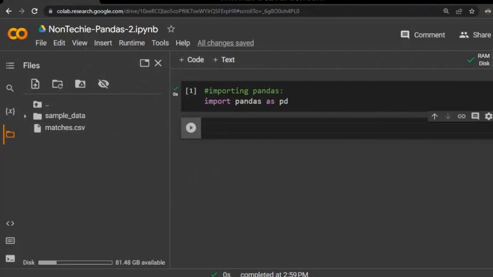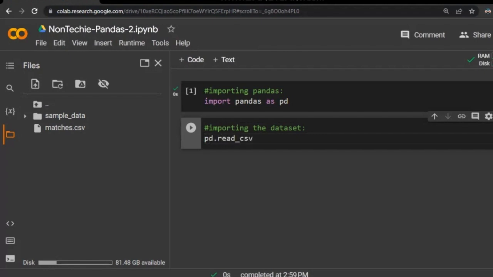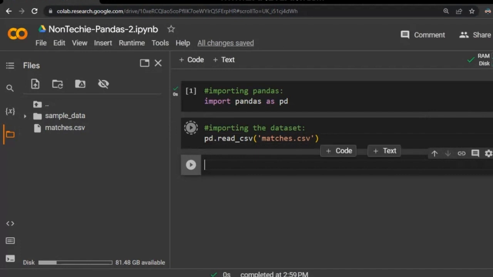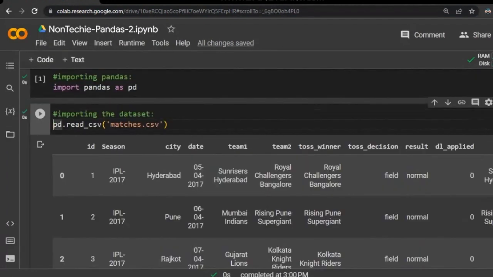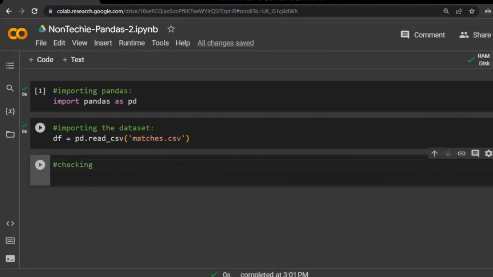Now once your dataset is uploaded, we can see it right here. I have uploaded a dataset which consists of IPL matches, so we will try to import it. I will write pd.read_csv and pass my file name, that is matches.csv, and if I run it, I can see this data frame. I will save it into a variable named df, and now if I check my df,